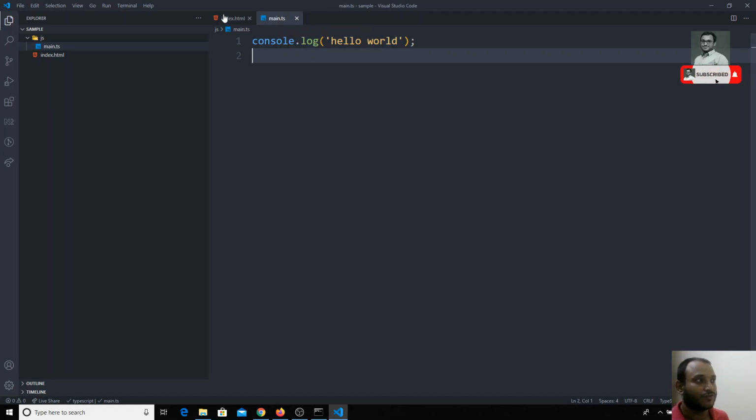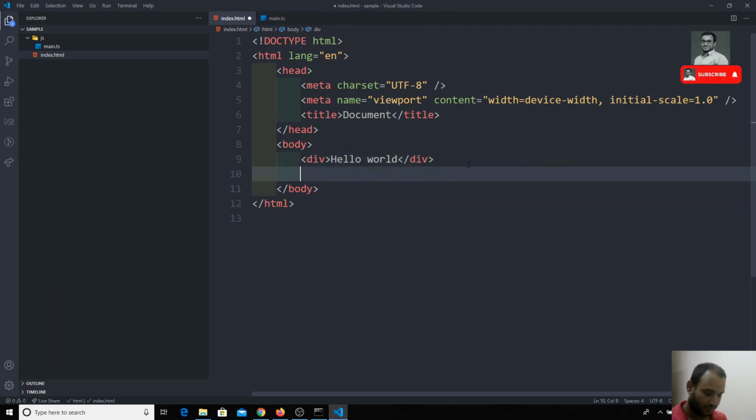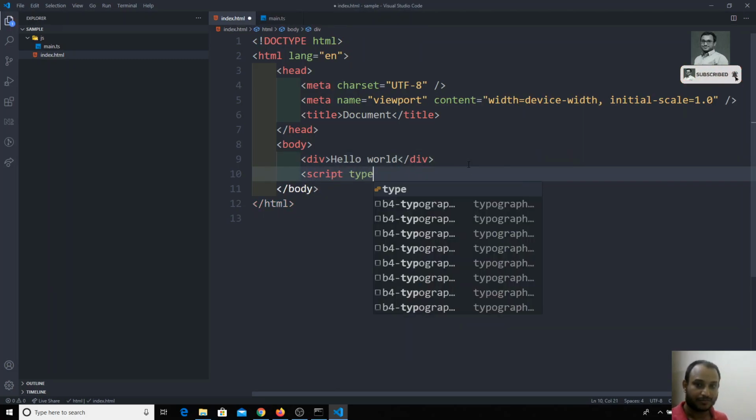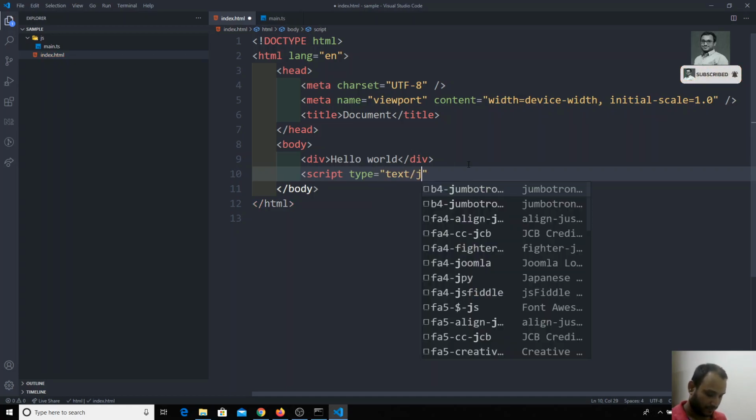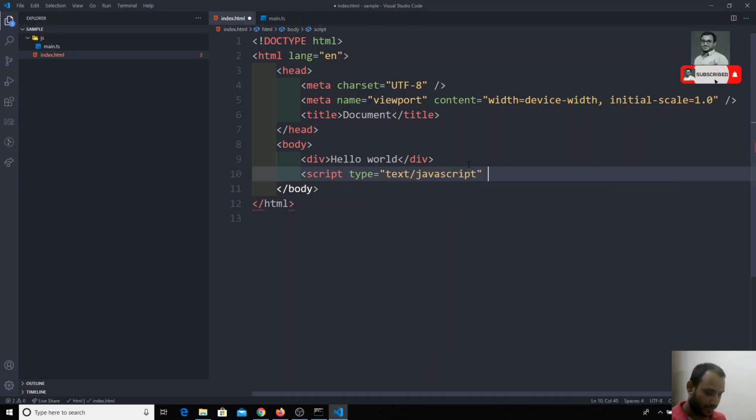Now we cannot directly import this ts file here with a script tag of type text/javascript and src js/main.ts. I cannot include this script file. Why?